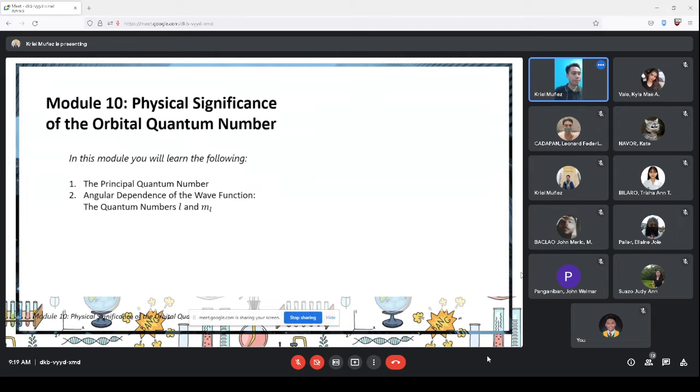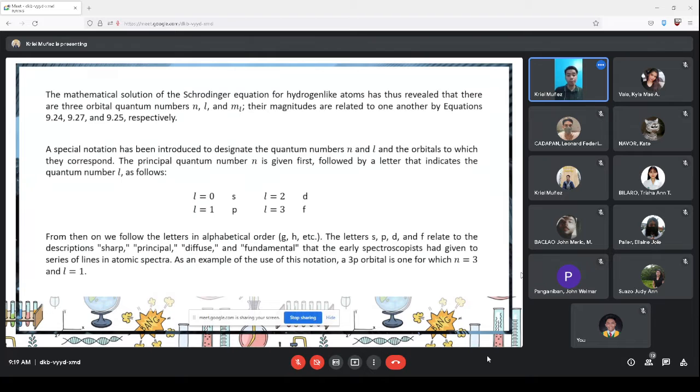Okay, so yeah, I will be discussing the principal quantum number, whatever is being entailed by that, and then the angular dependence of the complete wave function. Okay, so maybe a short intro first. The mathematical solutions of the Schrodinger equation for hydrogen-like atoms have thus revealed that there are three orbital quantum numbers. We have N, L, and M sub L, and their magnitudes are related to one another by equations 9.24, 9.27, and 9.25. Yung 9.24 natin, class, yun yung solution natin for the